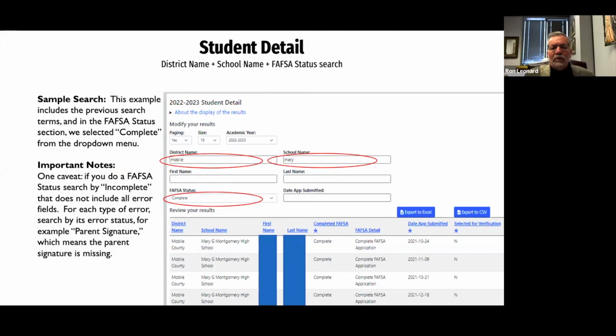So instead of going through each one, I suggest if you're going to use the FAFSA status, just search by complete. And then once you know who is complete, you can easily talk to those students who haven't finished the FAFSA.